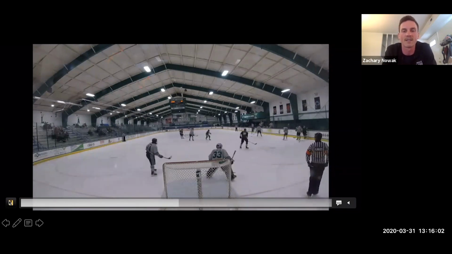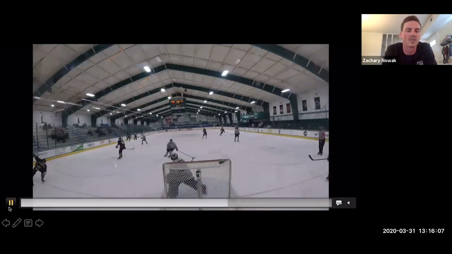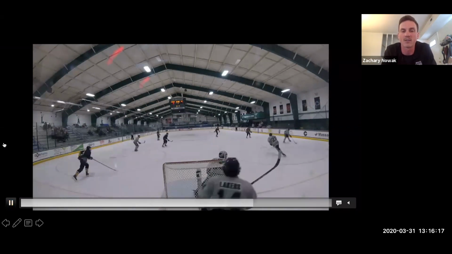All right, so that player ends up dumping it back down low. Another player goes, gets it, wraps it around, and once again, we have players reloading back high. That frees up this guy to make an aggressive play. And once we make those turnovers, if we have it, we're looking to attack right away.